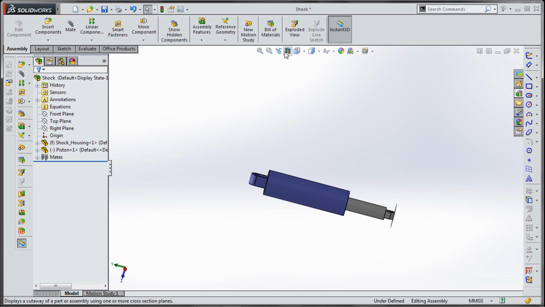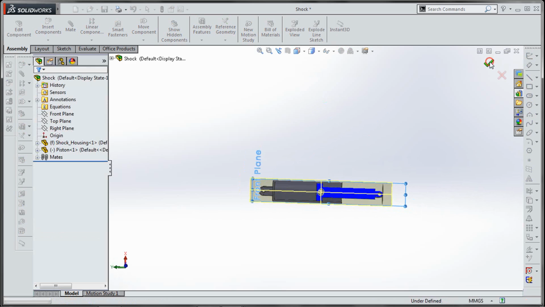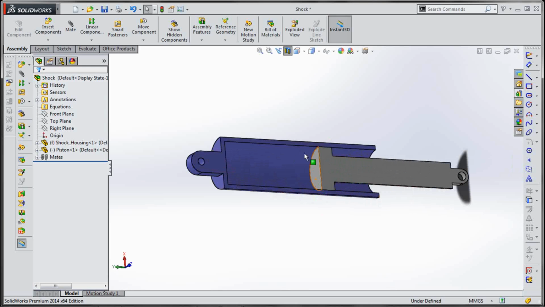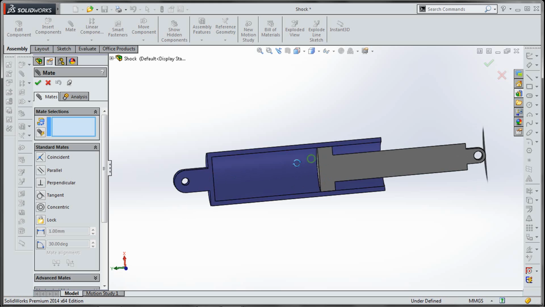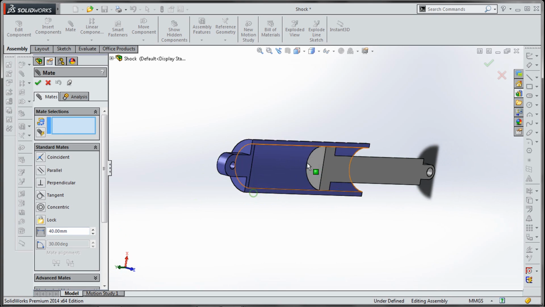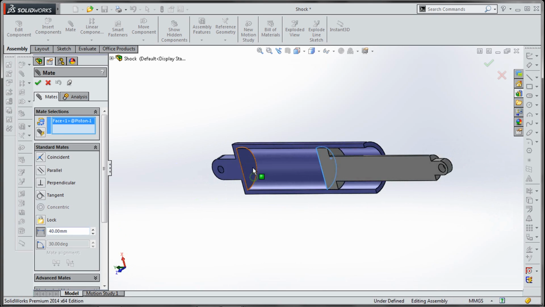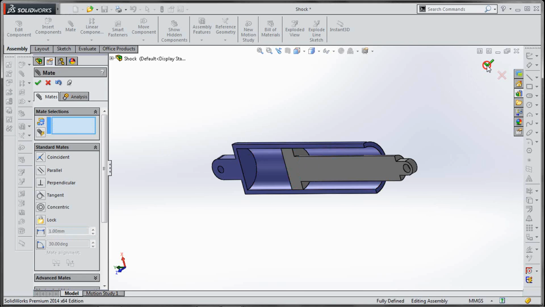Now we need a distance mate, and I think it will be easier to make this mate if we use section view. So we have all hidden faces here. So distance mate, here, and confirm.